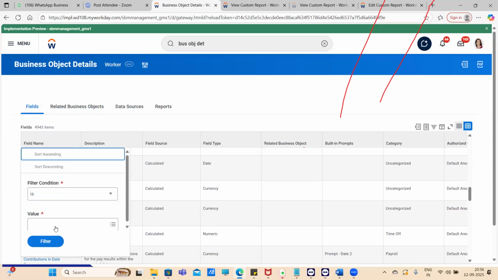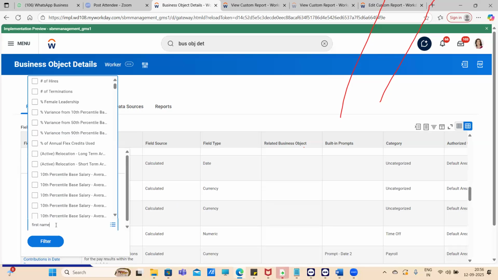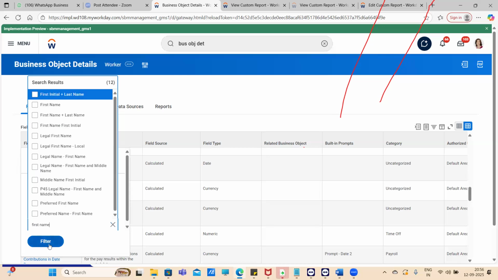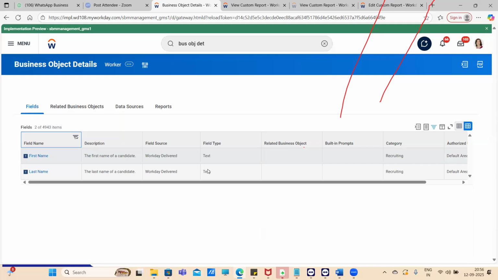Okay. My business asks me first name. The first name is there or not? It's there. Okay. And my business asked me last name. The last name is there or not? So like how I will choose. Okay. So this field source is a Workday delivered field, guys. If you see it here. So I have chosen my